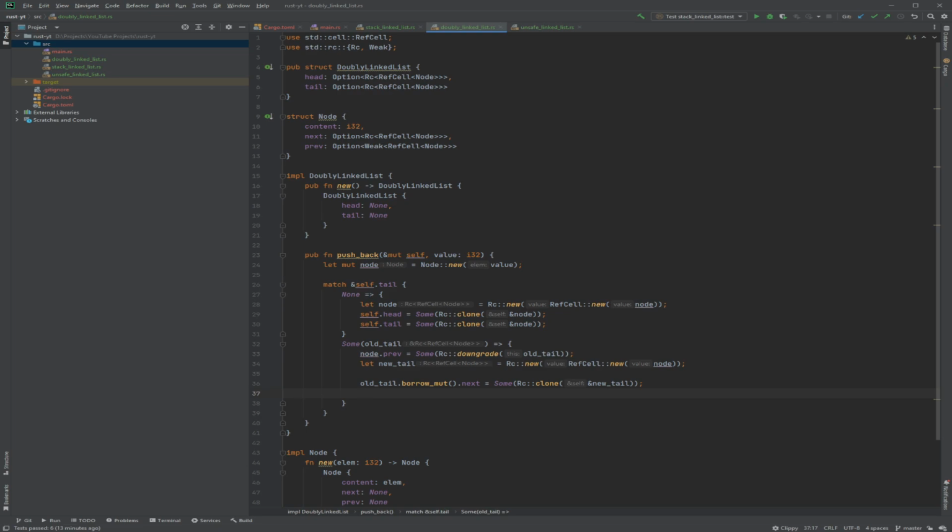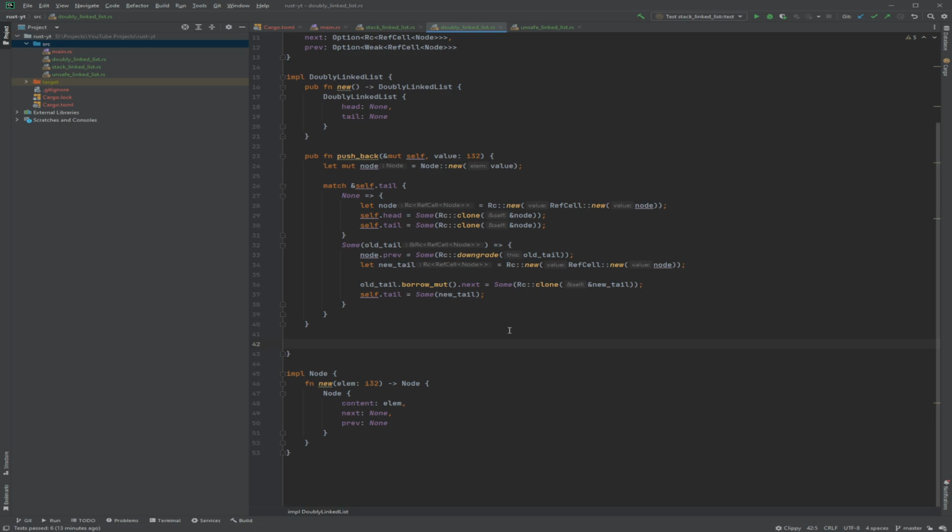So the old tail has the next to the new tail. And then the new tail obviously should be set to the new tail. So that's how you do the push. Now, it's kind of complex if you don't know what Rust is, but once you know Rust, it's pretty simple. Rust is an easy language if you're not trying to fight the borrow checker, but let it help you.